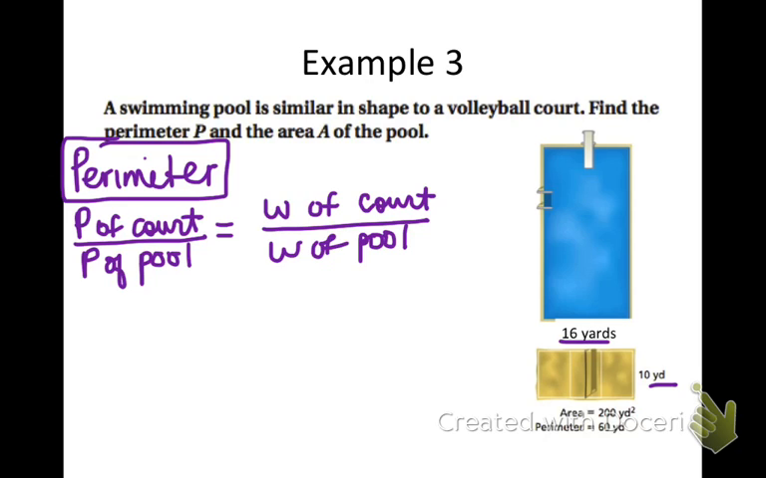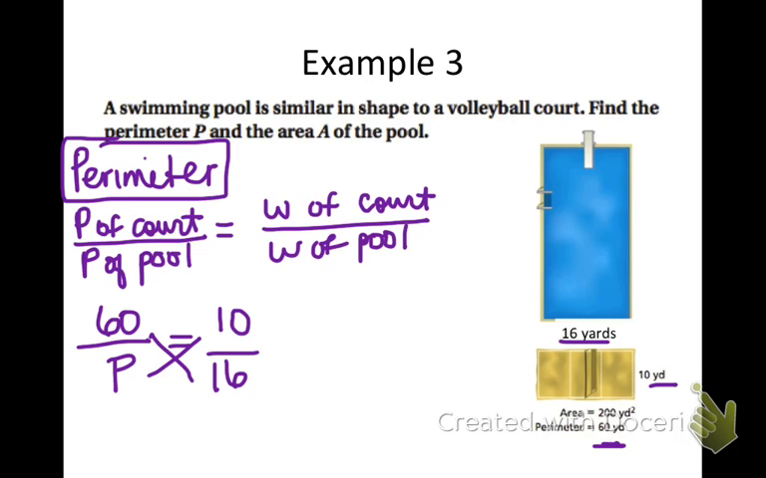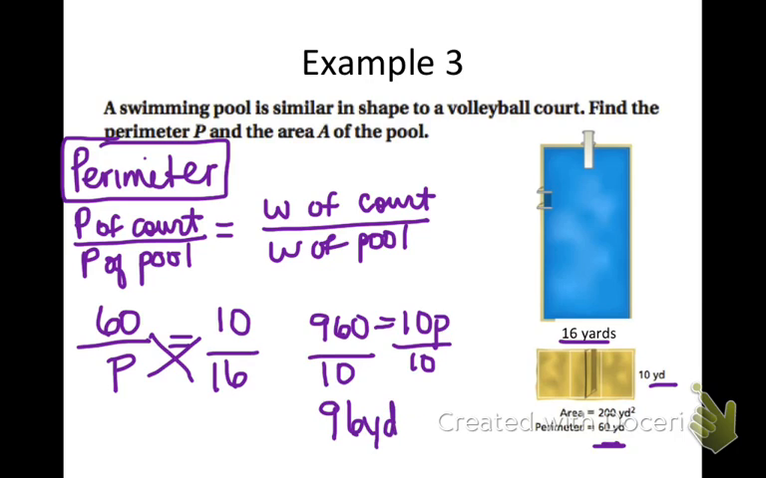So they're equivalent to the side length, or the width of the court and the width of the pool. So let's fill in the information. We know that the perimeter of the court down here is 60 yards. We don't know the perimeter of the pool, but the width of the court is 10 yards and the width of the pool is 16 yards. So through cross multiplication, 16 times 60 is 960. 10 times p is 10p. So we could divide both sides by 10, and we would come up with 96 yards is equal to the perimeter